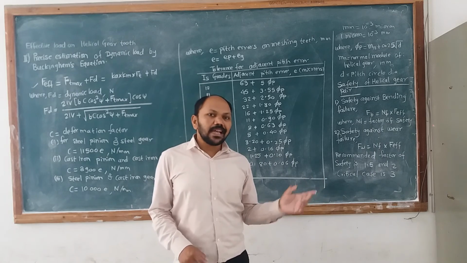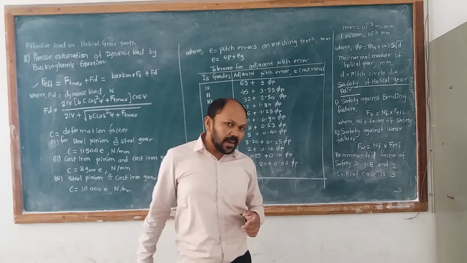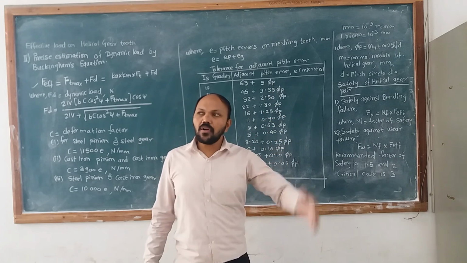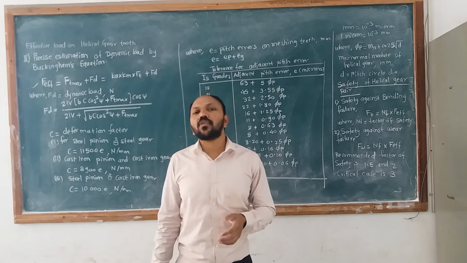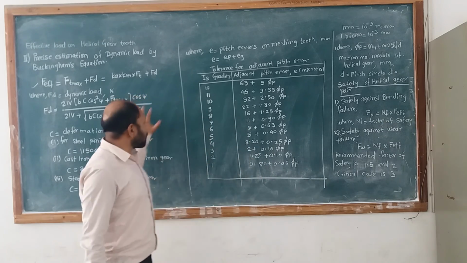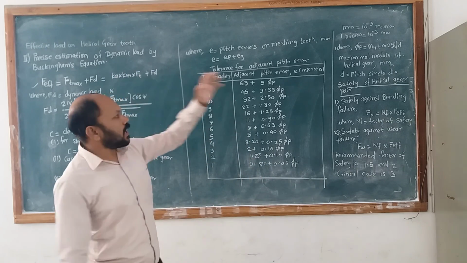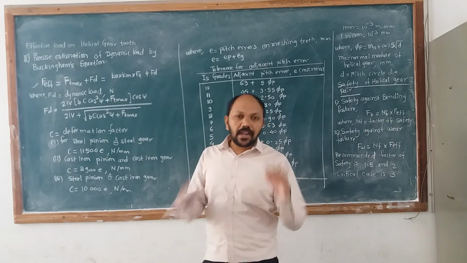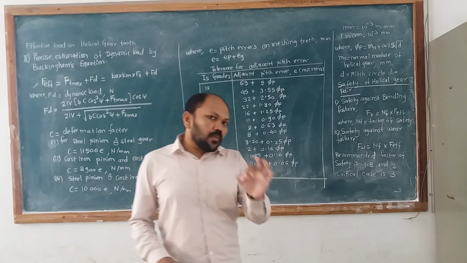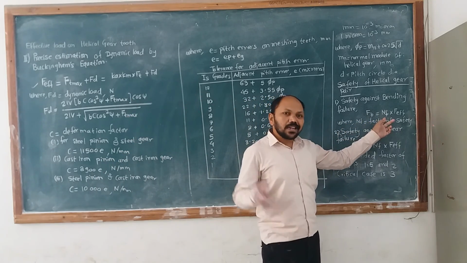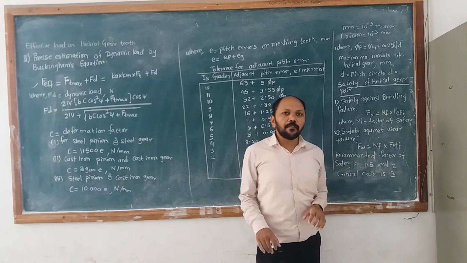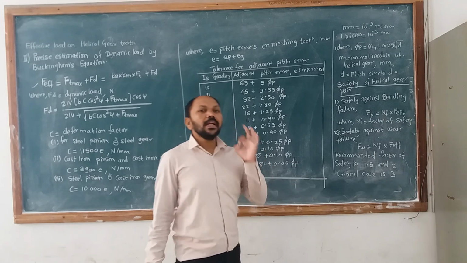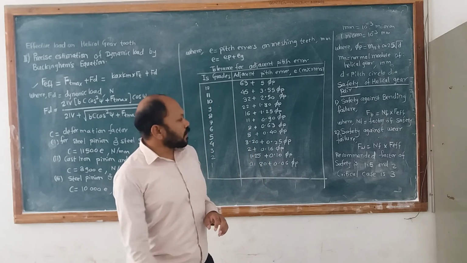If this value is less than the available factor of safety, then you again calculate or increase the module value, and then again you calculate the dimensions of the gear, again reach here, again you do these steps, and then again check whether the factor of safety is greater or not. Calculate these values up to, if this value is greater than the available factor of safety, then you stop, then your design is safe. Okay, the calculated factor of safety value must be greater than the available factor of safety value.